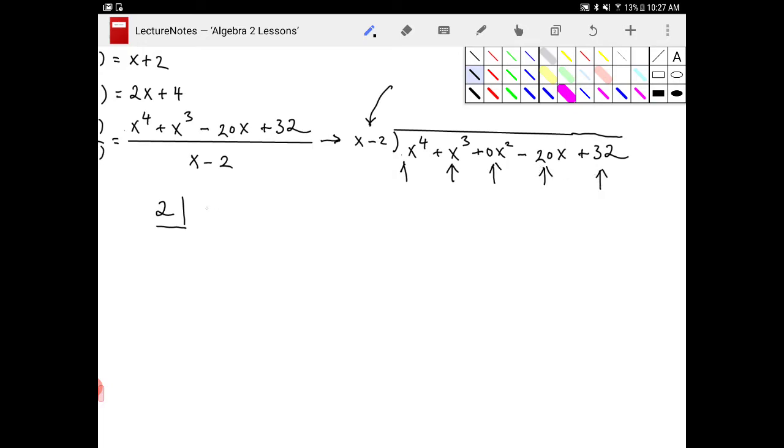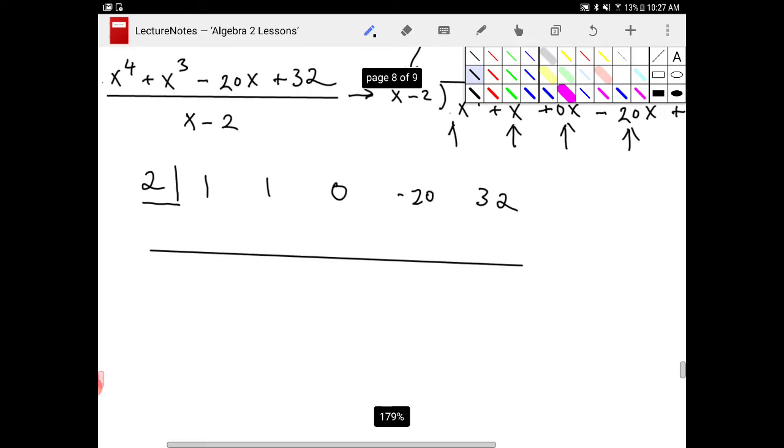So I have 1, 0, negative 20, and 32. And what I want to do with this is perform synthetic division, and the algorithm goes like this. The 1 comes down,